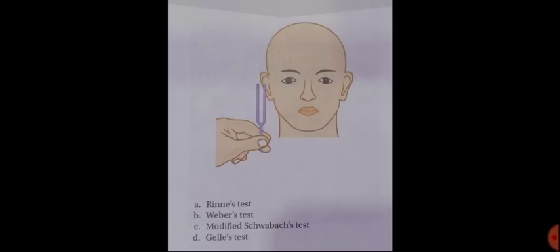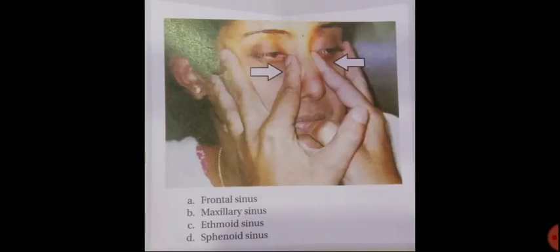So basically they are showing you a Rinne's test and everything you know about Rinne's. So it will be positive in case of normal person or persons with sensorineural hearing loss, and negative in conductive deafness, that is bone conduction greater than air conduction. So can you identify the paranasal sinus being tested by this technique? Yes, it is testing for ethmoid sinus. So basically, ethmoid sinus tenderness, and most specifically anterior ethmoid sinus tenderness, is being tested here by gentle pressure applied on the medial wall of the orbit just behind the root of the nose.